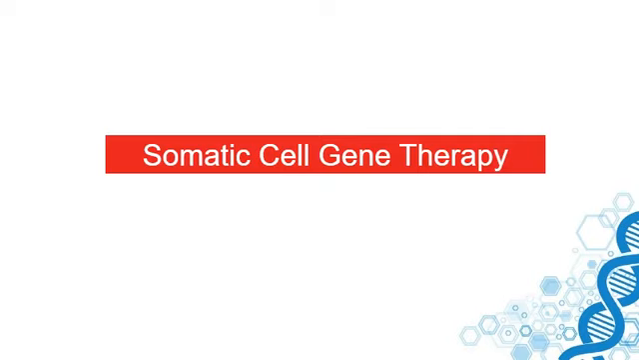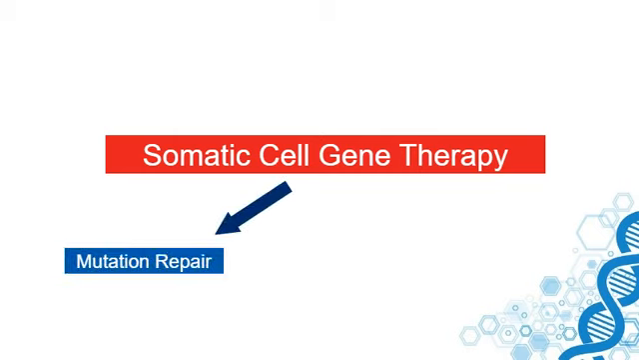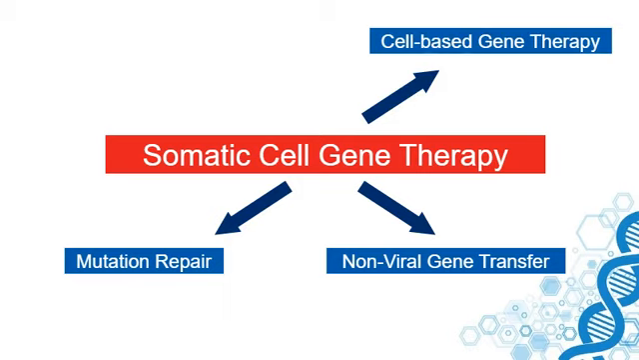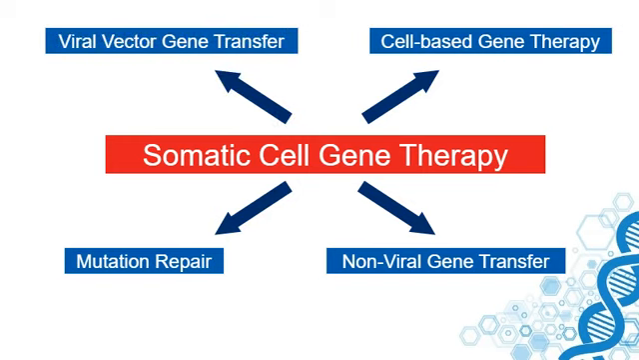So, somatic cell gene therapy. On this slide, you'll see four possible options. The first of them is mutation repair, and I'll describe a little bit more about this on the next slide. Next, we have the possibility of delivering transgenes through non-viral gene transfer. These are still theoretically possible, but aren't close to the clinic. Next, we have cell-based gene therapy, and I'll describe more about this in a subsequent slide. And then ultimately, viral vector gene transfer, which is the strategy that's being used in all currently ongoing human gene